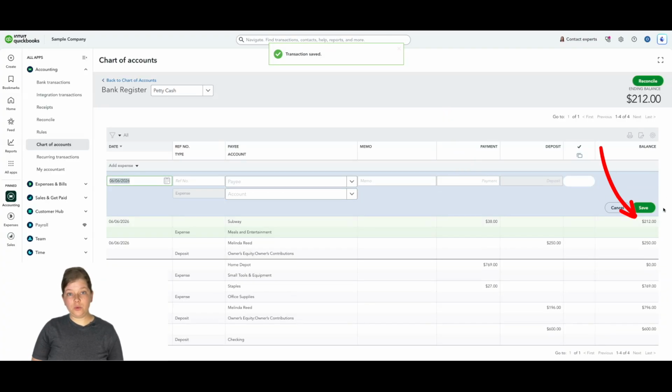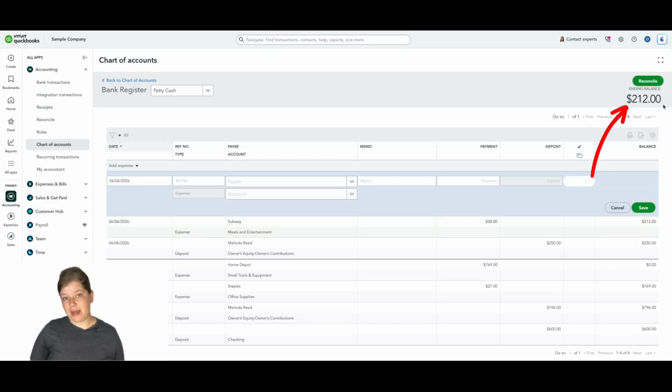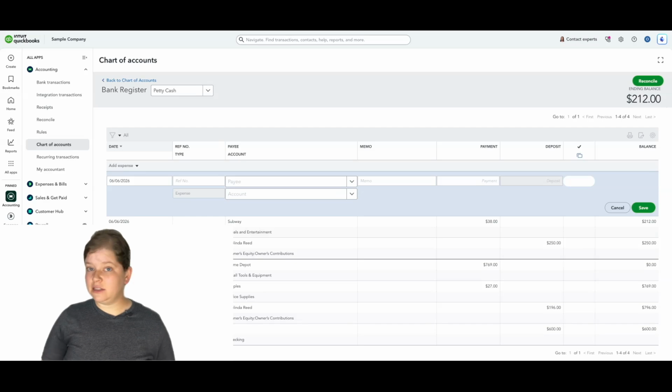Okay, now off to the right and up here toward the top of the screen, you can see the ending balance of your petty cash. That is totally fine. It's okay to have a balance in your petty cash account, but it's important that you reconcile it to your cash receipts and make sure the amount that shows here is the actual amount that is in your safe, your cash register, your money bag, an envelope, or wherever your petty cash is kept